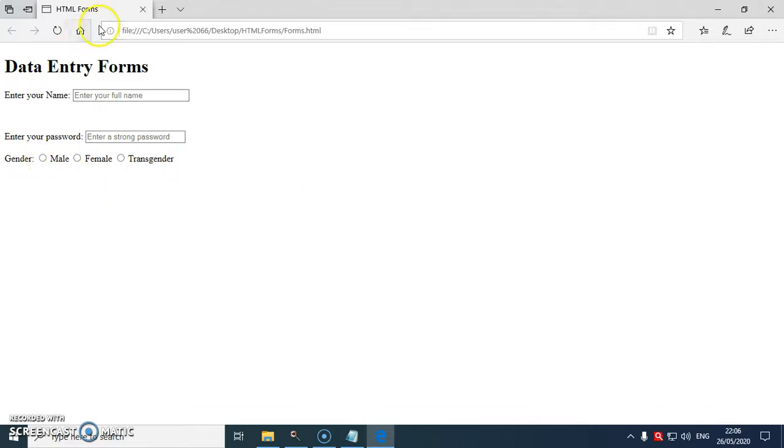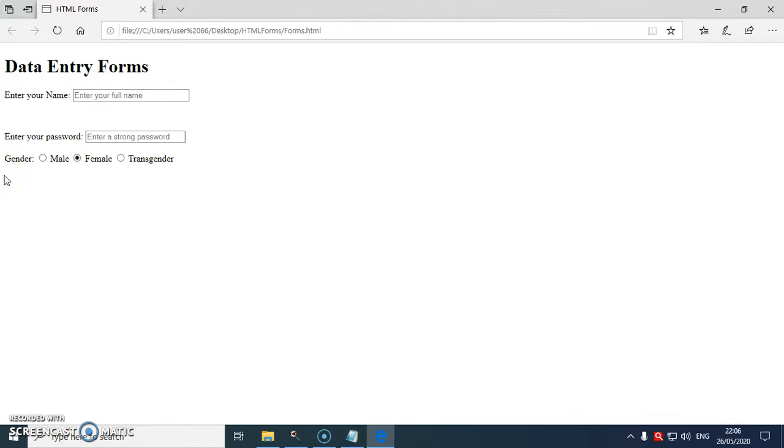What I'll do, can you observe the output? I'll check the first radio button. The remaining two are unchecked. I'll check the last radio button. The remaining two are unchecked. I'll check this radio button, the female radio button. The remaining two are unchecked. Correct? Right? Now we are getting a proper output.